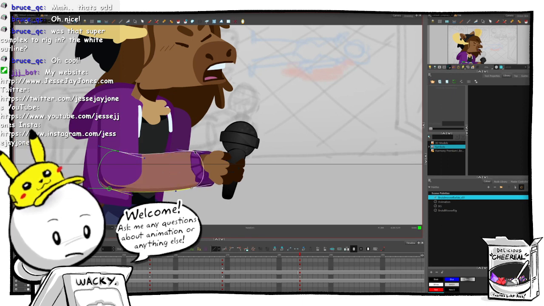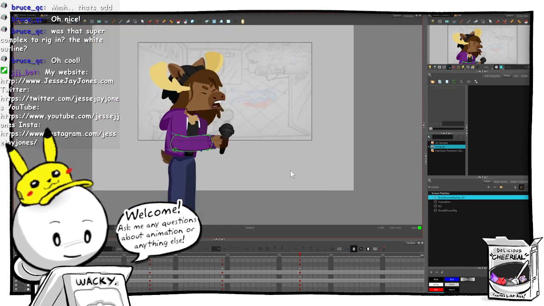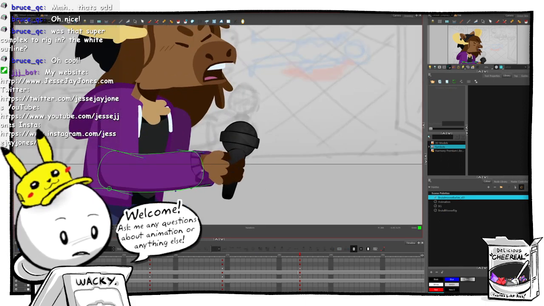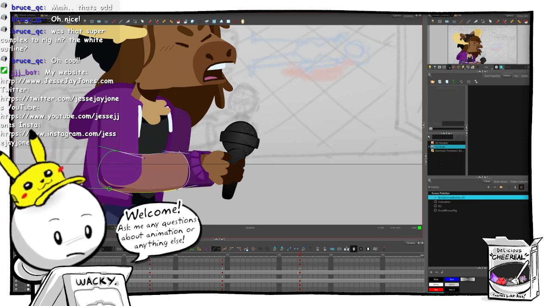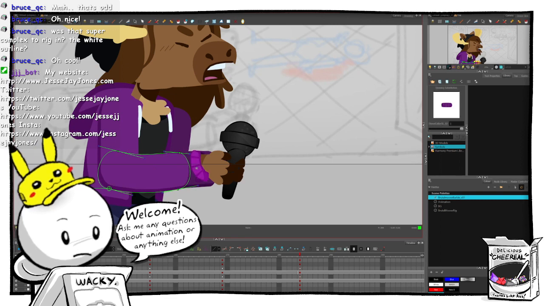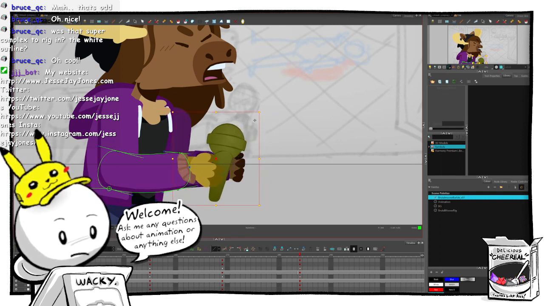Bring this arm out. Yeah, I was thinking that might be too far. I think realistically it would be back this far. Like that.